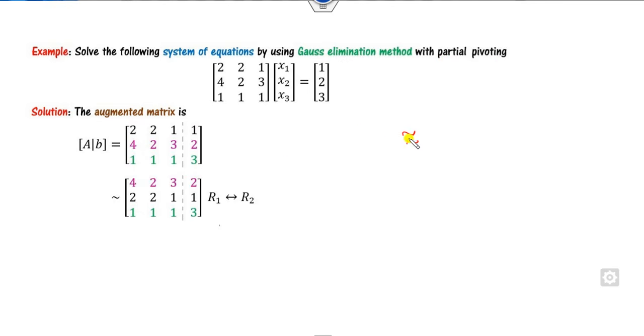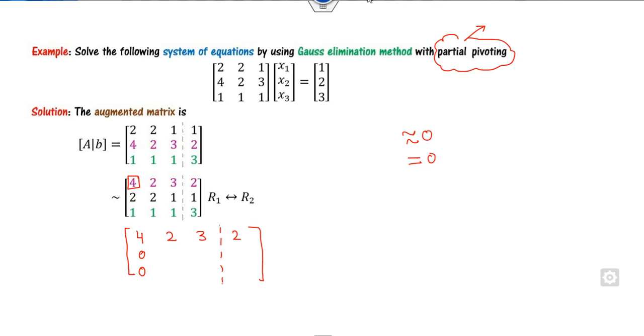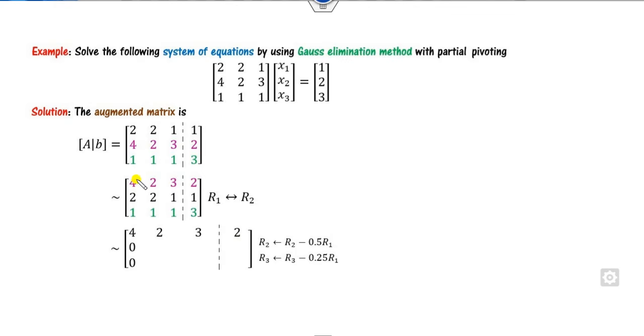Fine. Although this diagonal value is not equal to 0 or approximately 0, the question asks you to apply partial pivoting. Now once you are here, we can apply the similar rule. We can preserve this as a diagonal box element. I can write this value here, this makes it 0. Now what is the value of this? It is 8 minus 4, 8 minus 4 divided by the box element, so it is 1. So firstly I can write here. Fine. So this is my box element. So now you can write this value. What is that? This is my 1.